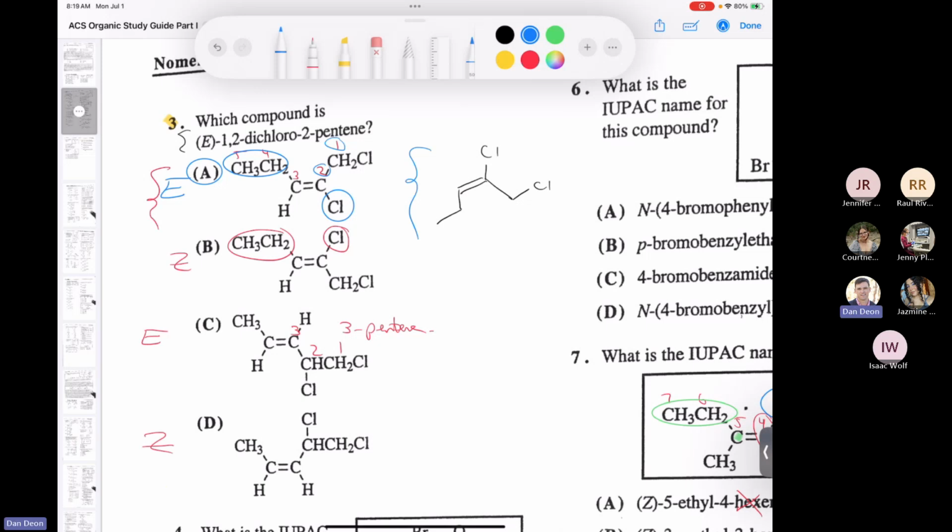All right. Give me a thumbs up if you follow me on that one. Everybody with me on that one? E and Z? Yeah? Okay. Can I just tell you what I think the trickiest part is on this one? And I've taught this class for a long time. What I think is the most challenging part about this problem is this. Ooh, where's my eraser? Okay, and I know that some of you, I might be going too slow, but just